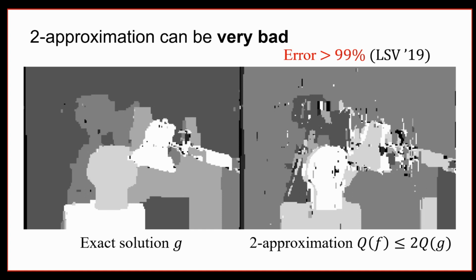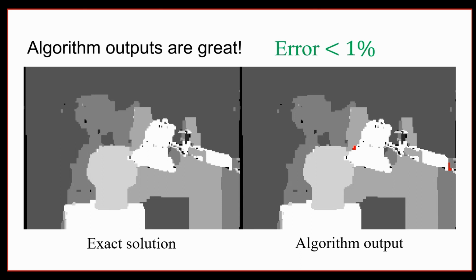So although this cost is only a two approximation, what we actually care about ultimately is the Hamming error in some sense. And we are only using this optimization problem as a proxy to get there. And it turns out that this can be pretty bad. But in practice, the algorithms which people use, even though you're only trying to approximate the objective function, actually the Hamming error is also very low. The Hamming error is less than 1%. Even the actual optimization problem you solve, the cost function is not like a 2 approximation, but it is closer to 1 for the algorithm outputs.